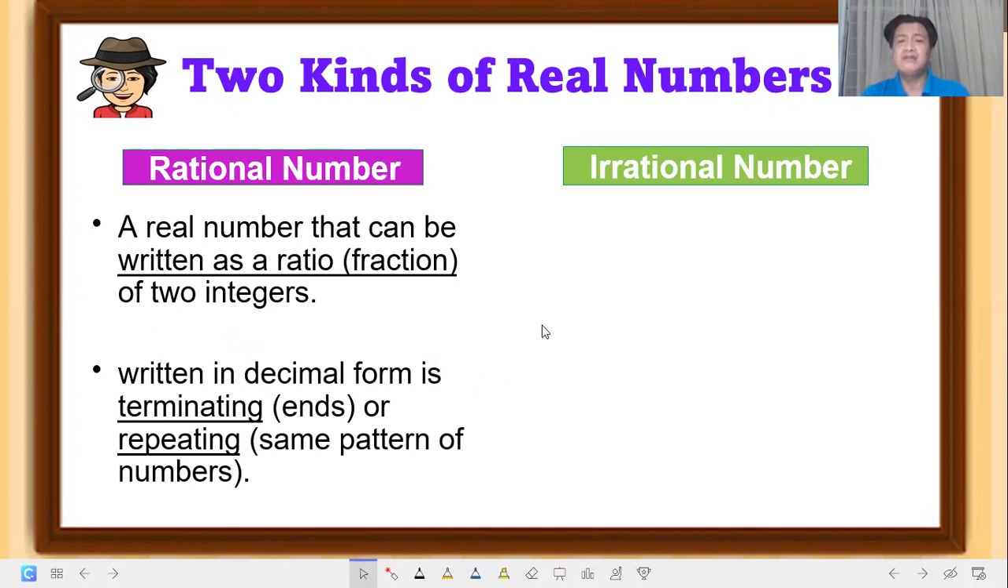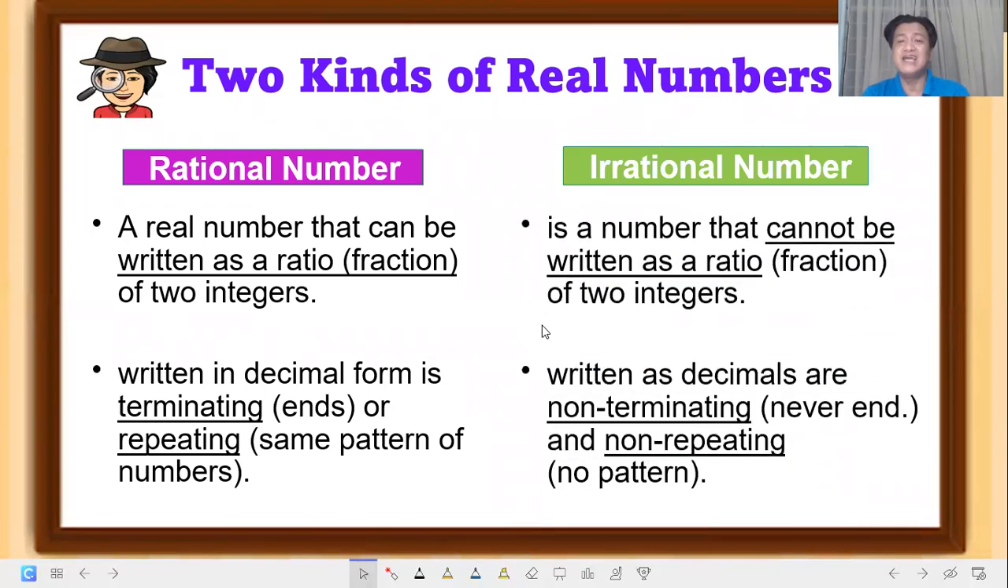So with that, dito naman tayo sa kanyang opposite. We call this irrational. Ito naman yung number that cannot be written as a ratio or fraction of two integers. Also written as decimals, they are non-terminating. Okay, ibig sabihin na hindi po siya natatapos. Continuous po yung values niya, never ending, and non-repeating. Paiba-iba yung kanyang digit, pero continuous po siya. So we have to recall this definition of rational and irrational to be able to classify